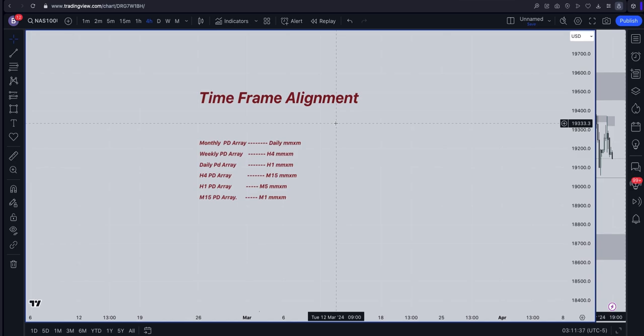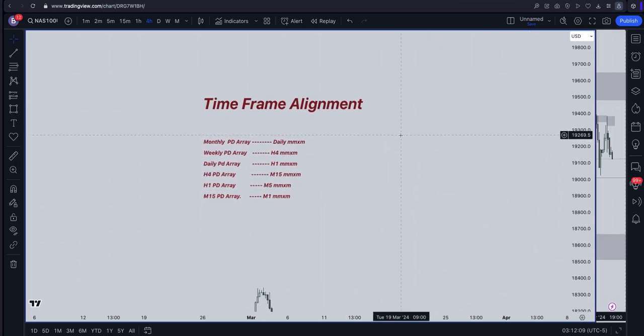So today I decided to talk about time frame alignment. This topic is one where new traders, when they hear time frame alignment, I think they'll be like, "Oh, it's just time frame. I'm just gonna choose any time frame and find my patterns and this and that." But trust me, it's not like that. You have to align those time frames. If you don't, because this is one of the keys of finding a clean setup.